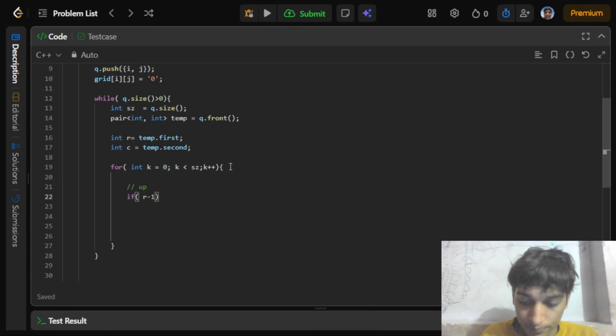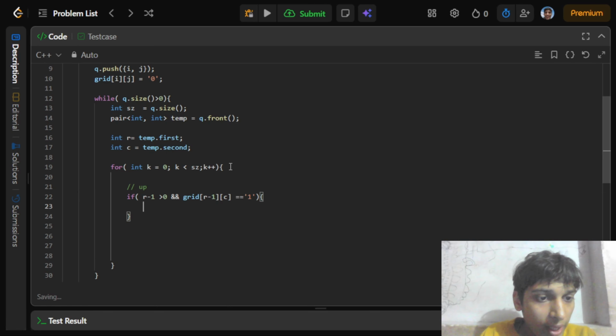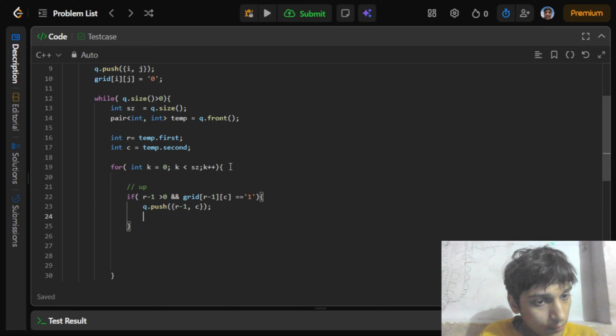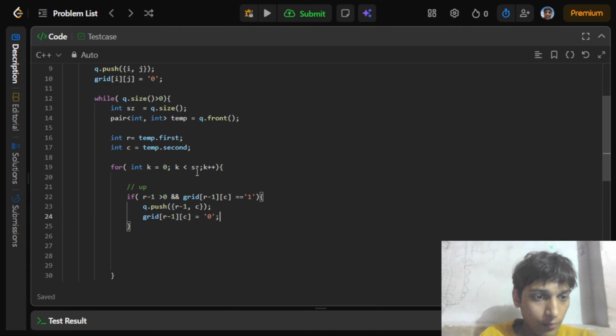If r minus 1 is greater than or equal to 0 and grid of row r minus 1, column c is a land, then we push that position into the queue. q dot push r minus 1, comma c. Mark that as visited: grid of r minus 1, column c is set to water. Now it's traversed, that is for up.